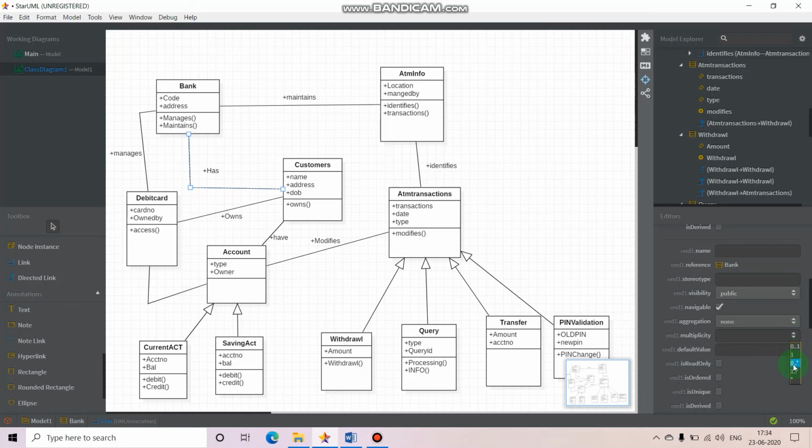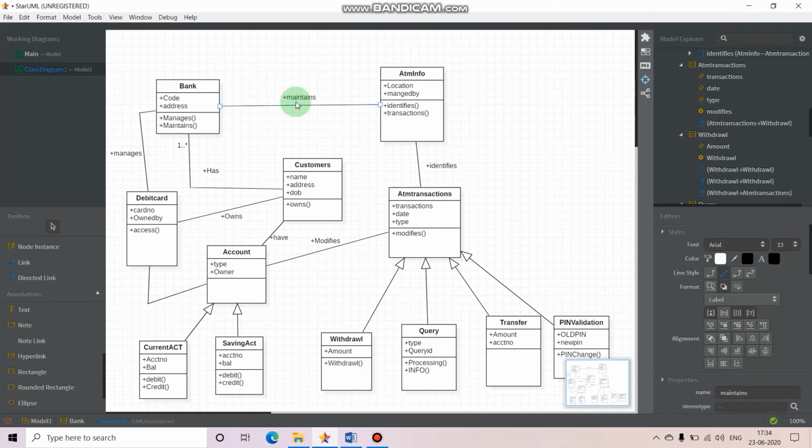Now a bank may have many customers, so I can use one to many here, or zero to, it can't be zero to many, of course, one to many. So it will show that this has a one to many relationship.